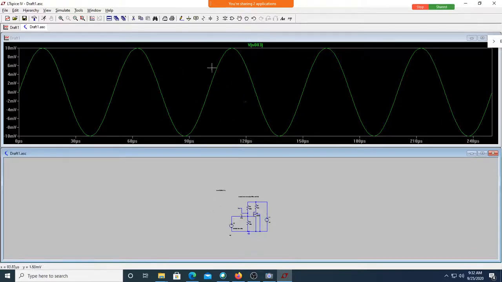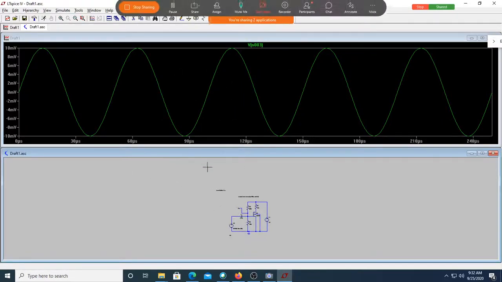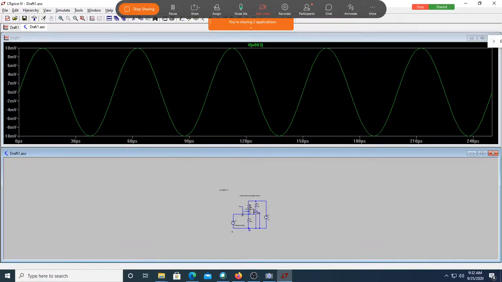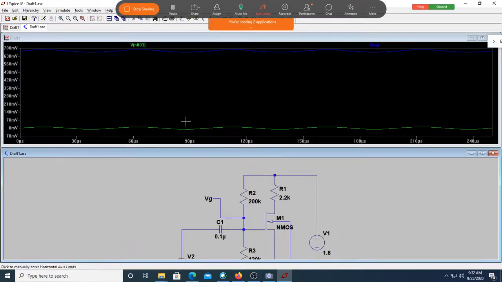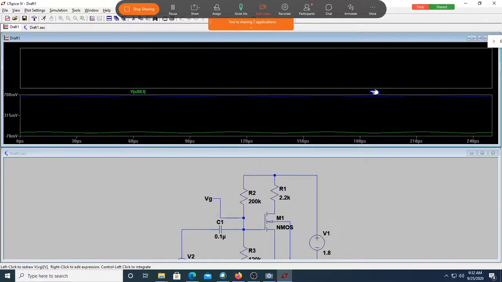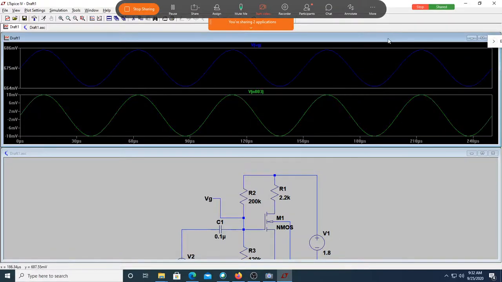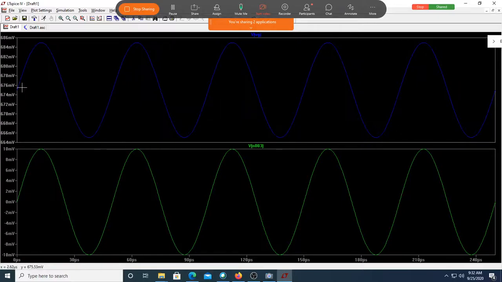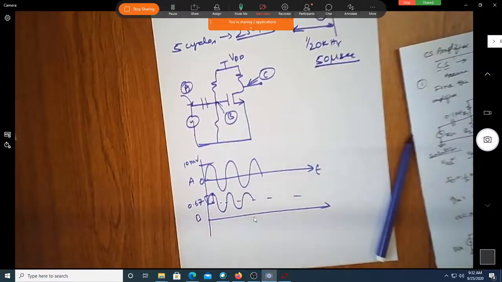What I'll do, is this visible? Sir. Okay, I'll just put it in different panes so that you can see. Can you see here now? Is it now placed at 675 millivolts? Yes, sir. Is it going up to plus 10 millivolt and then minus 10 millivolt around that 675? So is it similar to this one now?